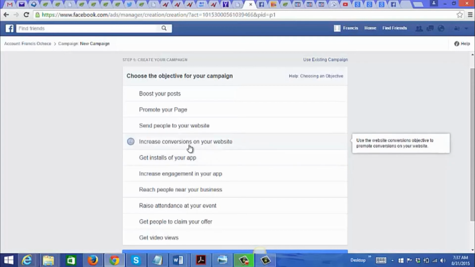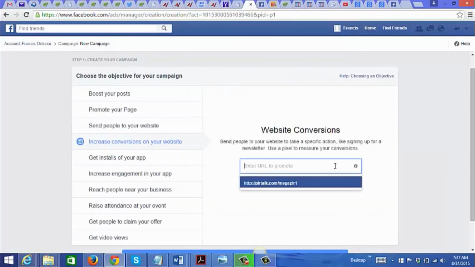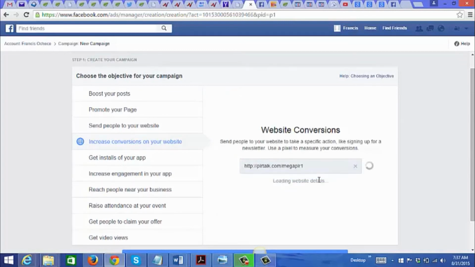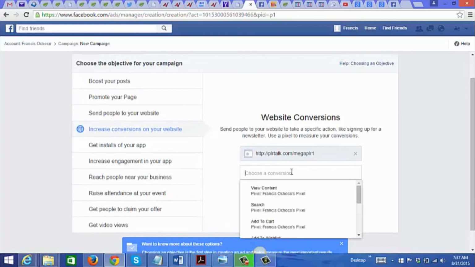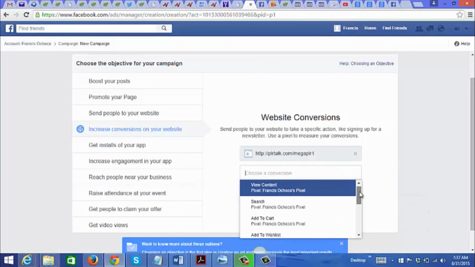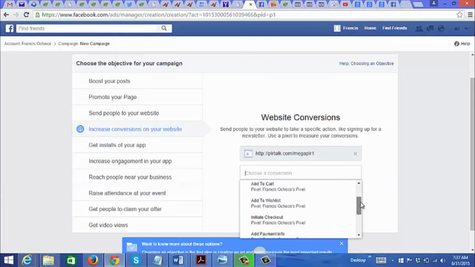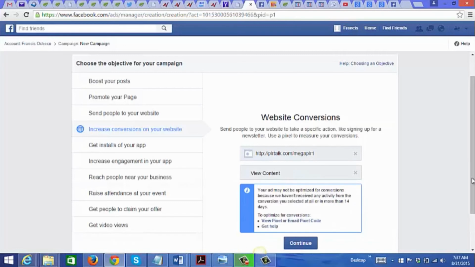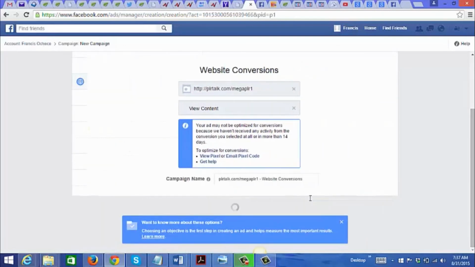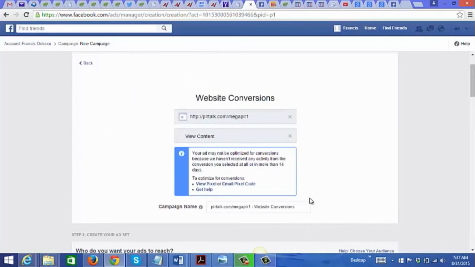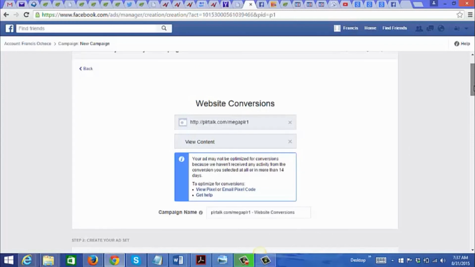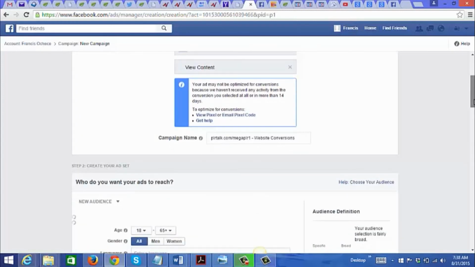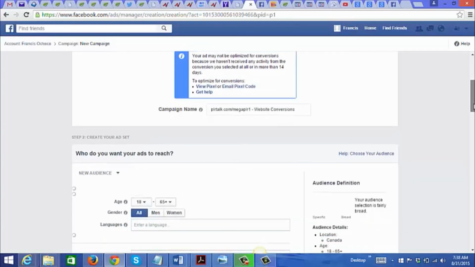So what I recommend is you do this one right here, and then you would just choose a URL to promote. And for here you could choose a conversion pixel. It's very easy to create, but for this one, let's just go ahead and do this just for this example. Okay, so this is an example, so it's not going to be perfect. I'm just going to quickly go through it so you can see how easy it is to set up an ad here on Facebook.